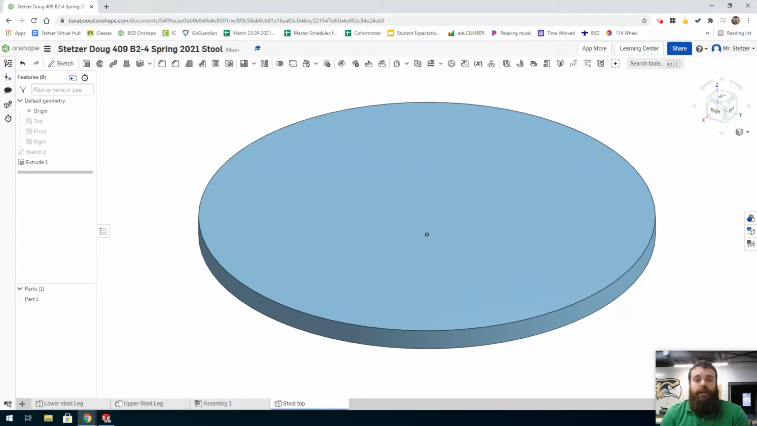Hello, in this video we're going to make a duplicate of our stool top and then cut out some slots so that it inserts and works like a puzzle piece, self-locking together with our stool legs. For this, we want to come down to stool top. We're going to right click at the bottom of our page on that tab that I'm hovering over now. I'm going to click duplicate,